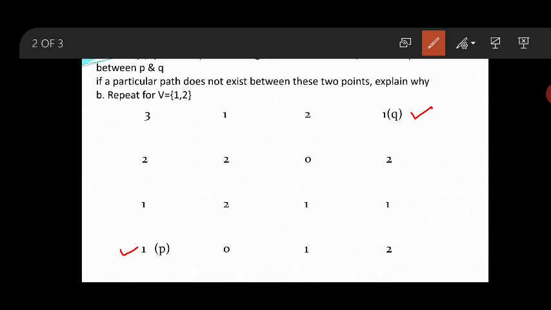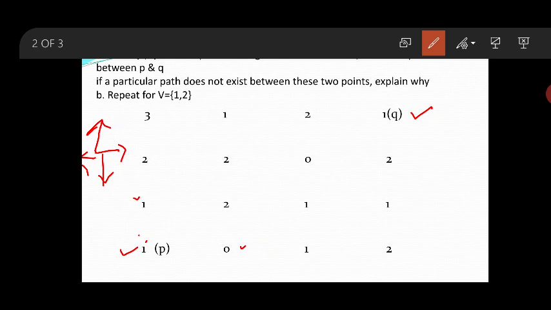The 4 path is nothing but, first, the first pixel to be chosen is P. What is the value of that? 1. You need to check its adjacent or neighbor values. The 4 path will be like this. Means you have to check either horizontally or vertically. Which is a neighbor pixel of this one? It's this one, this one.